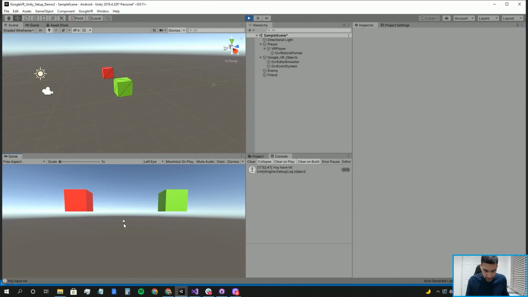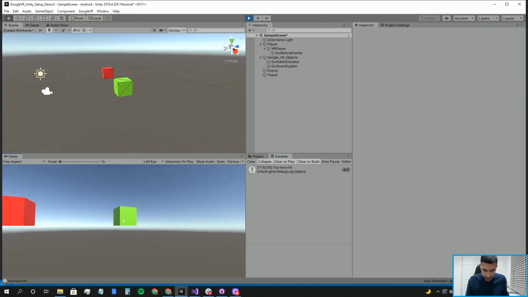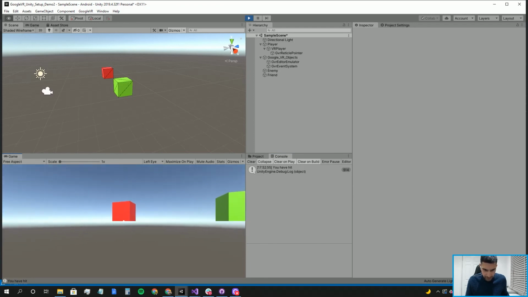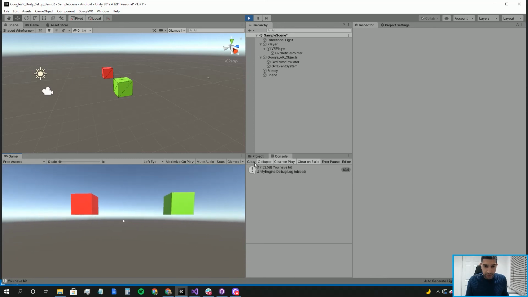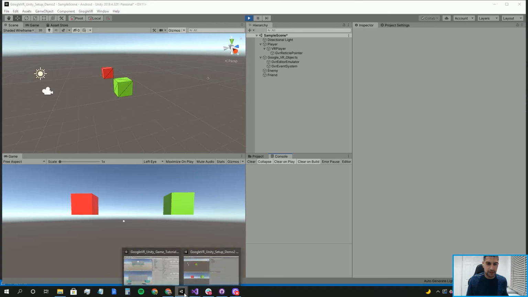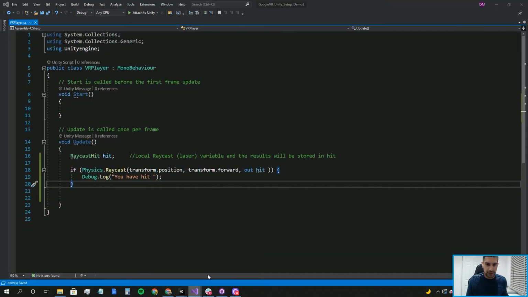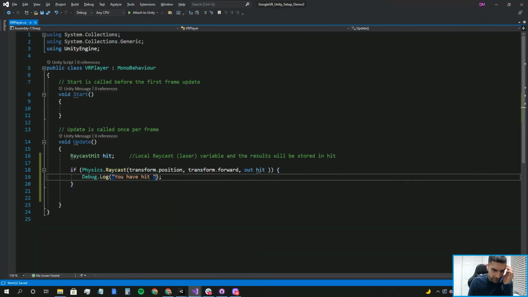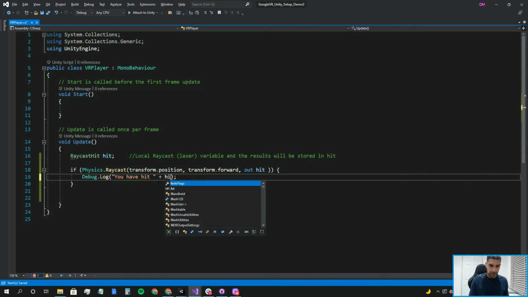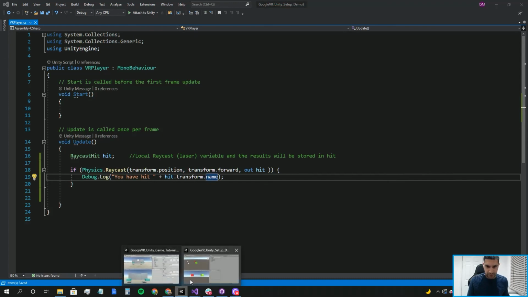Look, it's not doing anything now. Until I get over this green friend, it's going to increase. When I get over this red enemy, it's going to increase. So now it knows the raycast is hitting something. So let's go back. You have hit plus, out of the quote marks, hit, which is this blue variable, dot transform dot name. Now what this is going to do, as you've guessed,